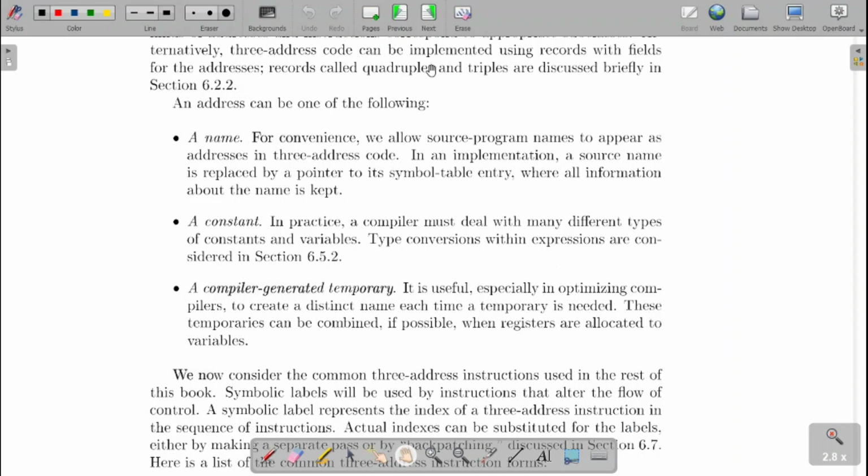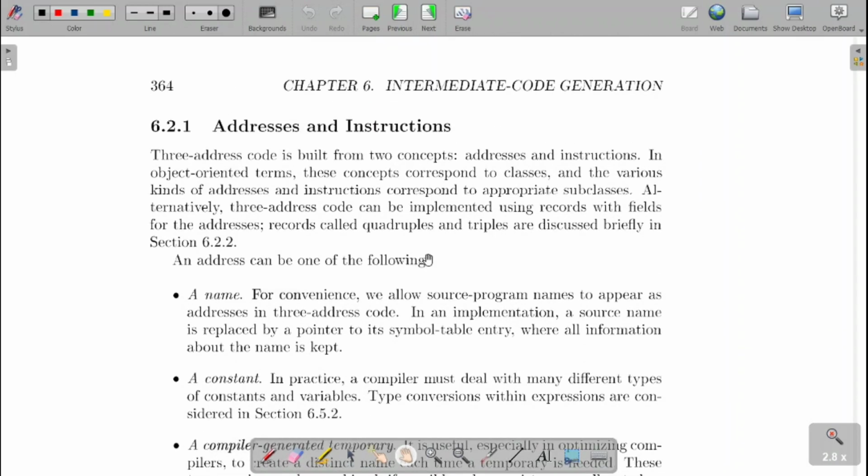Now, when you observe this 3 address code, what are the components present in it? If I observe my previous example, I used 3 addresses and 1 operator. That is, a maximum of 1 operation can be performed at one time. That is, two operands and one operand to hold the result. Normally the operand to hold the result is a compiler generated temporary variable. T1 and T2 are termed temporary variables. Including it, we have the three addresses.